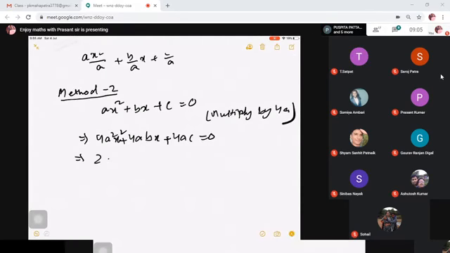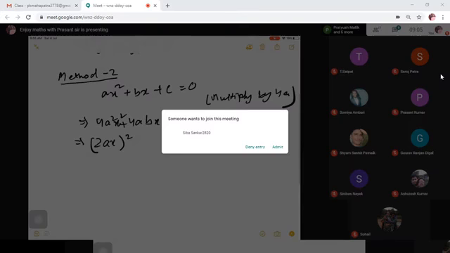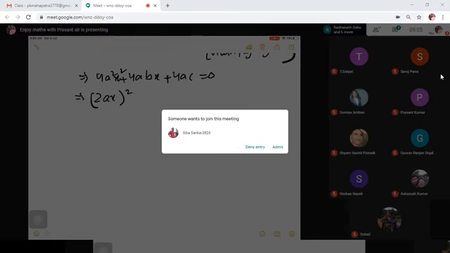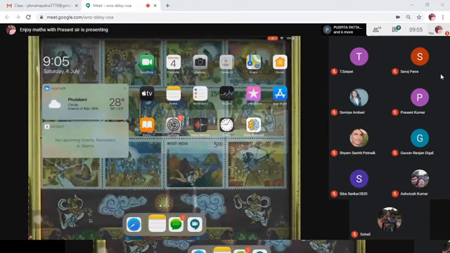And our purpose is to find some square, complete the square. That means we are searching for square terms. Right? We want either a plus b whole square or a minus b whole square. Now, what we have in a plus b whole square, we have a square plus 2ab plus b square. Now, this is suppose a. We have got a square part. Now, from here,